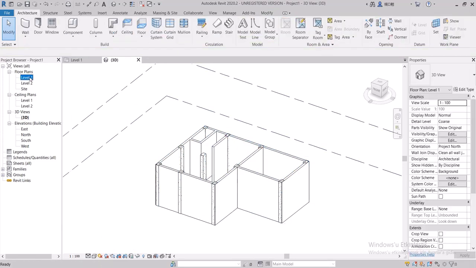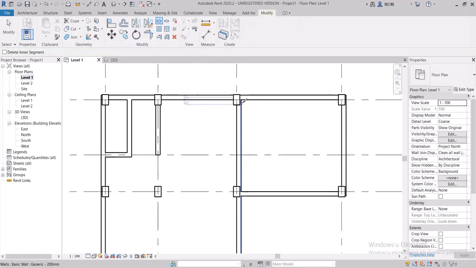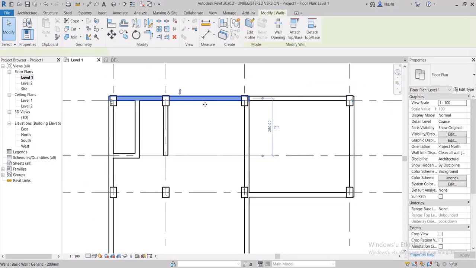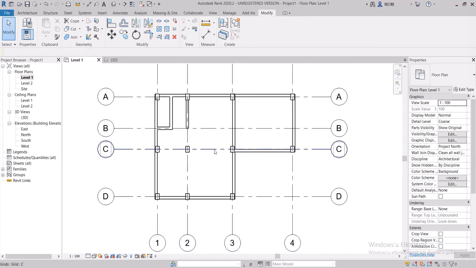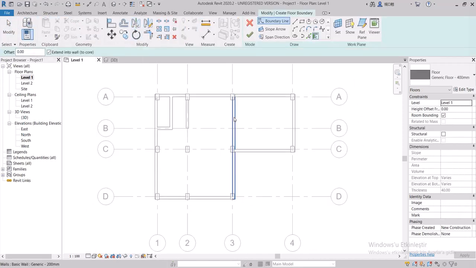Split the wall with the Split Element command. Select the Floor command from the Architecture tab menu and choose Pick Walls from the Quick Drawing tools. Enter the offset value of 50 and click when you see the dashed lines on the screen.